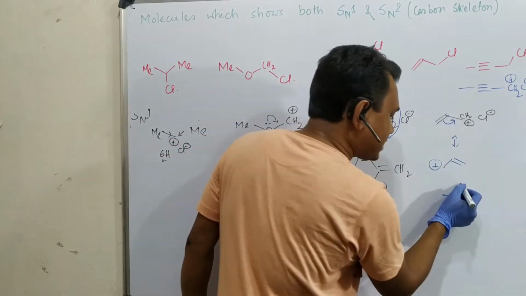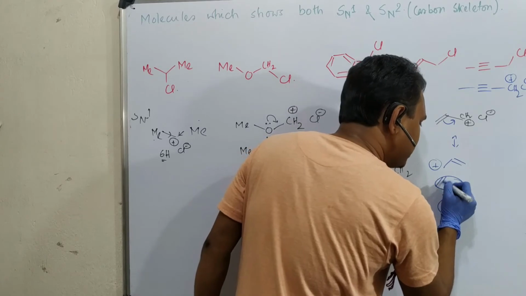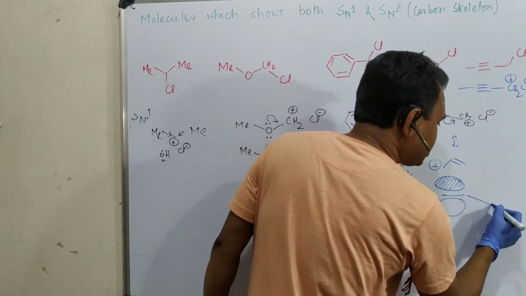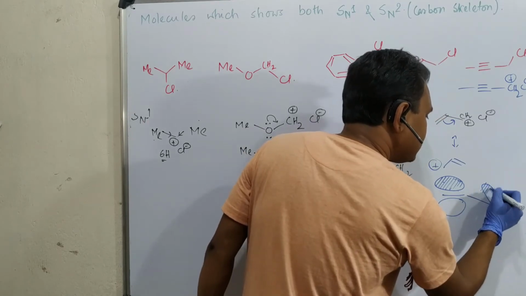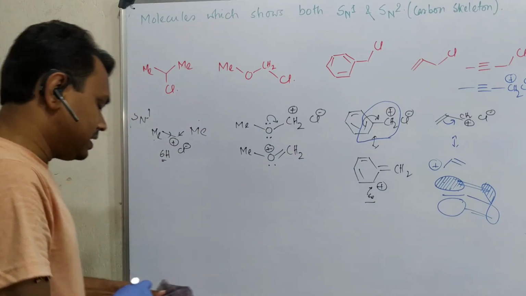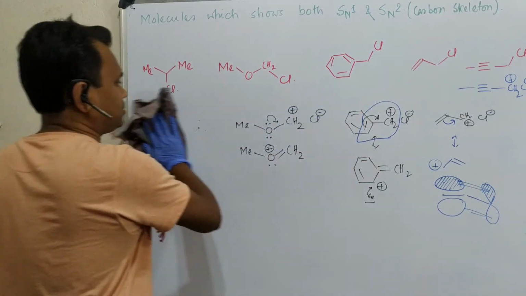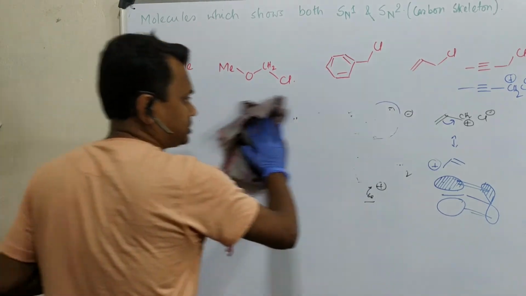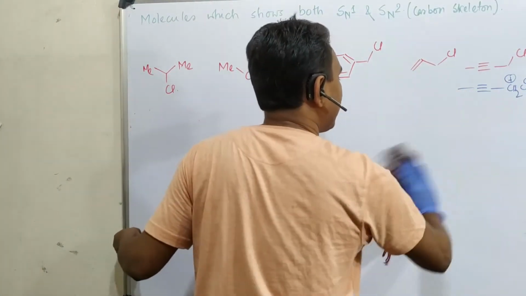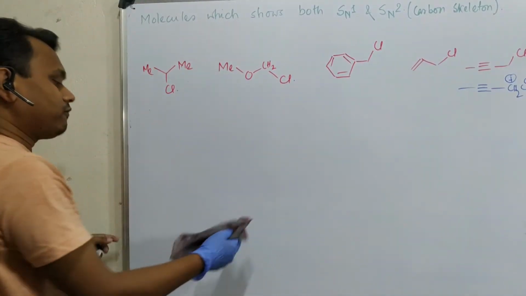How is this being given? If you look at it from the molecular orbital point of view, the pi molecular orbital looks like this. This is one symmetry, another, and it is attached to one vacant p orbital. So in this way they combine and the electron donation occurs. Similar thing for acetylene derivatives, that is propargyl also. Now let's come to the SN2 fashion. In the case of SN2, it's a trigonal bipyramidal thing, and the central carbon is attached to 5 substituents.